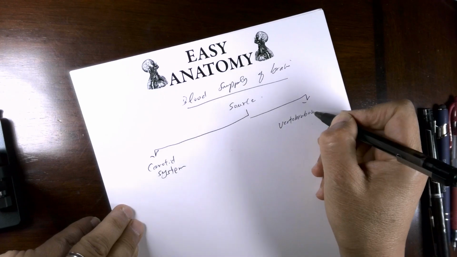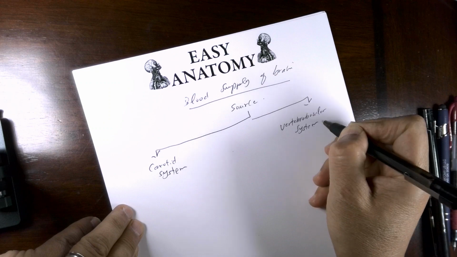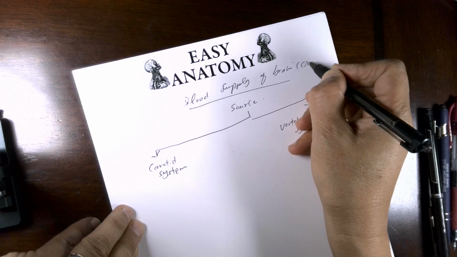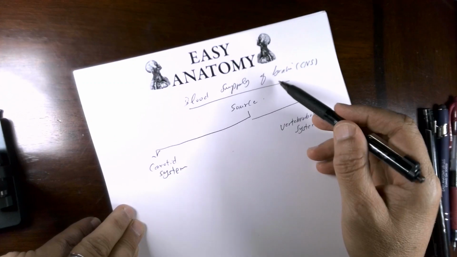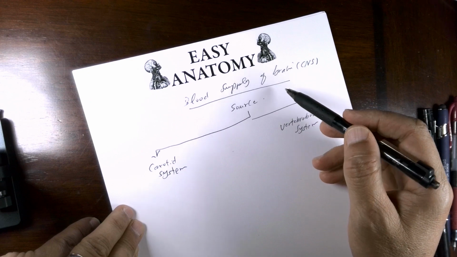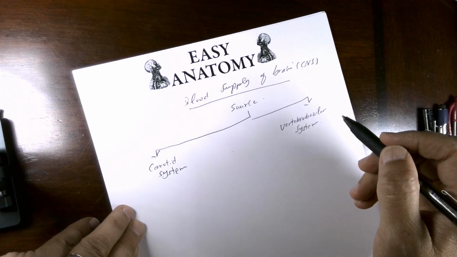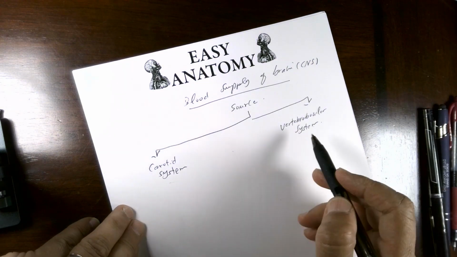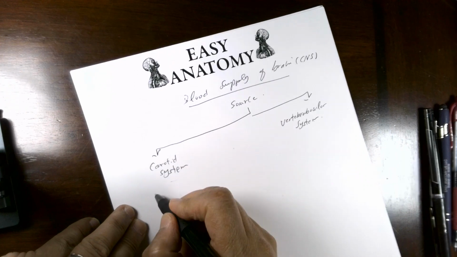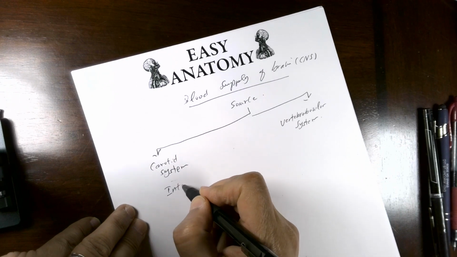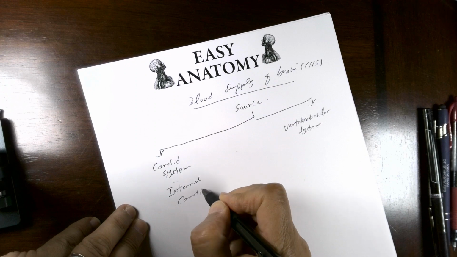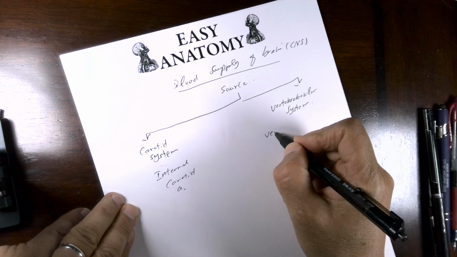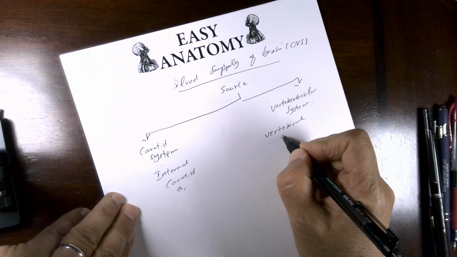vertebro-basilar system. Let me change the title here, and we say blood supply of CNS, because I have to talk about the blood supply of brain stem, I have to talk about the blood supply of spinal cord, and all of this coming, as I mentioned, to major system, carotid system, and vertebro-basilar system. The carotid system represented here by internal carotid artery, vertebro-basilar system represented by vertebral and basilar arteries,